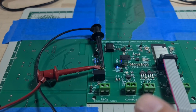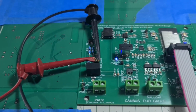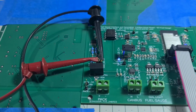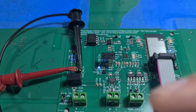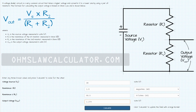There's no actual circuitry that sets the voltage on that thing with any kind of adjustment factor. That's just what it's putting out. And I hope that doesn't affect the scaling, or I kind of have to take that into account in the software somehow. So let's keep checking the way for the other parts. And according to this very handy voltage divider calculator, the output of R26, we should be seeing